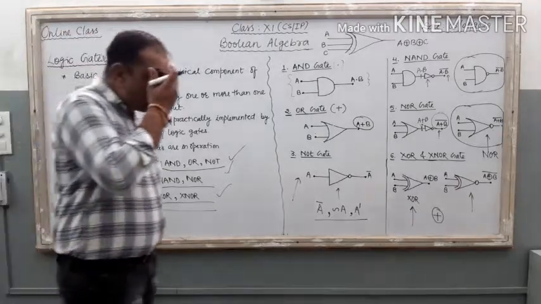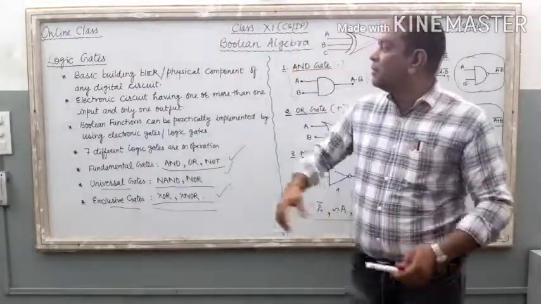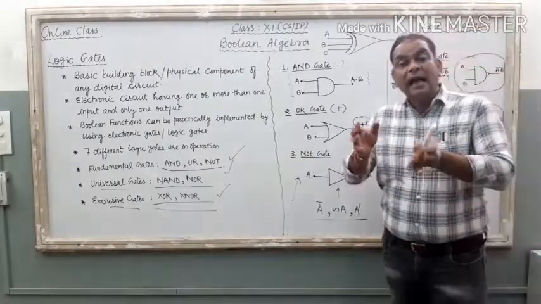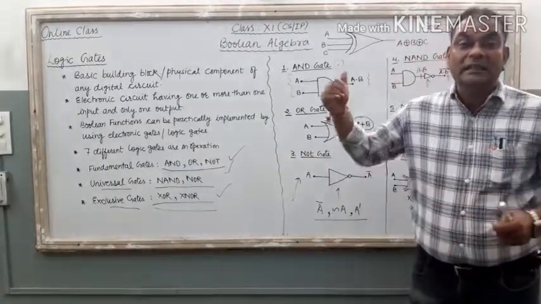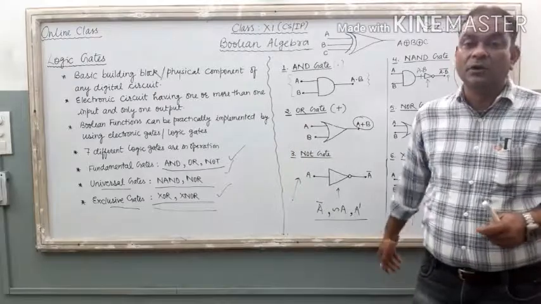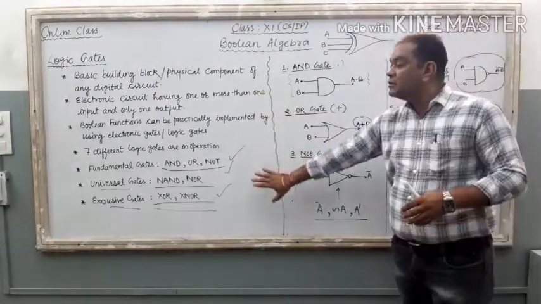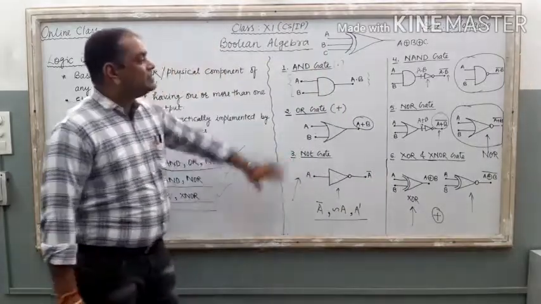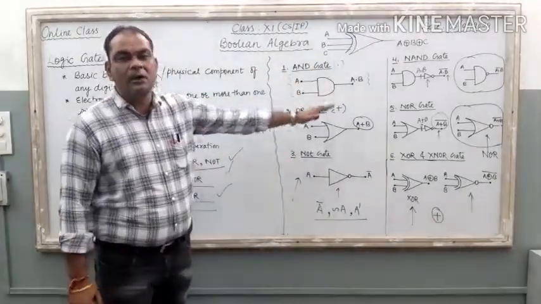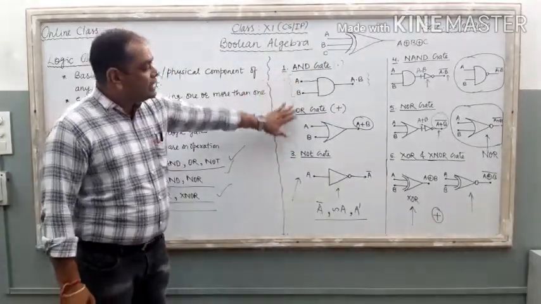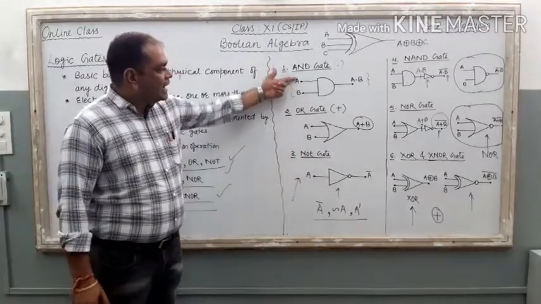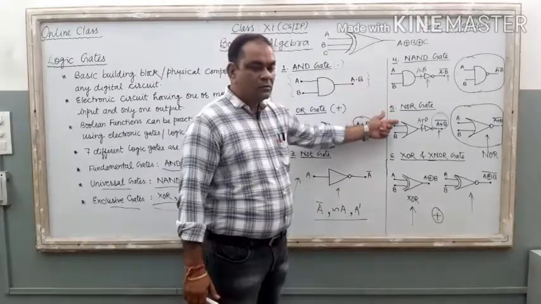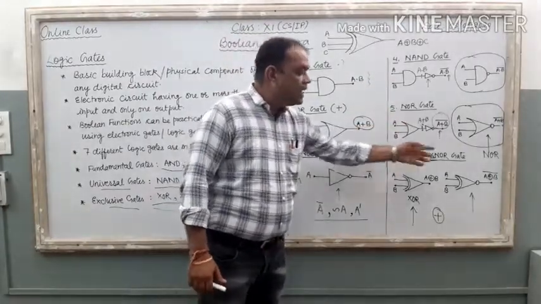Right? By this video, I hope you understand the concept of logic gates, why we require logic gates, and what the roles and responsibilities of logic gates are inside our computer. And here 7 different logic gates are there. The diagram of all these 7 logic gates is here on the second part of the board. Once see the diagram again. AND gate, OR gate, NOT gate, NAND, NOR, and then XOR, XNOR.